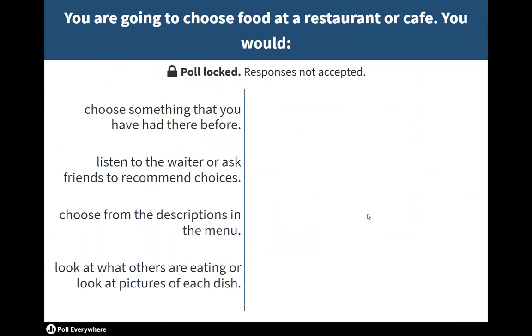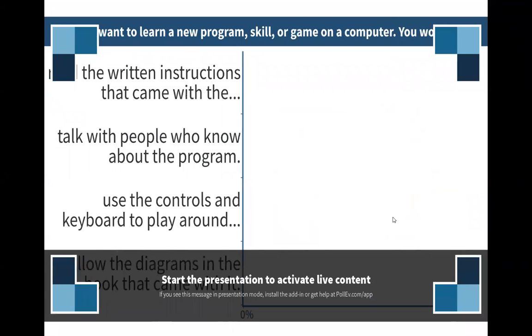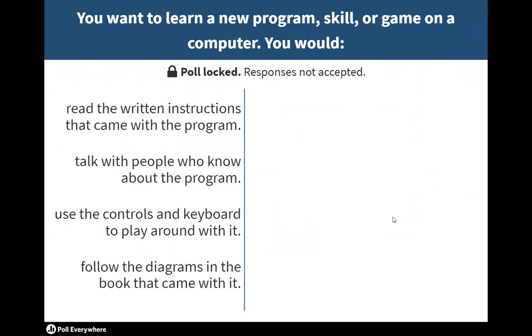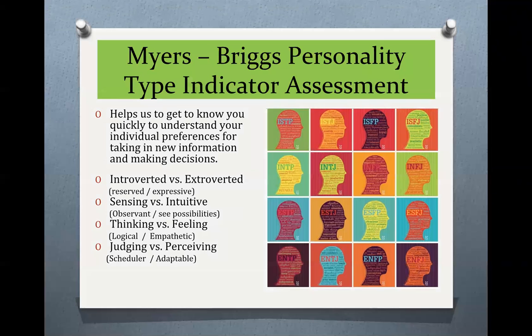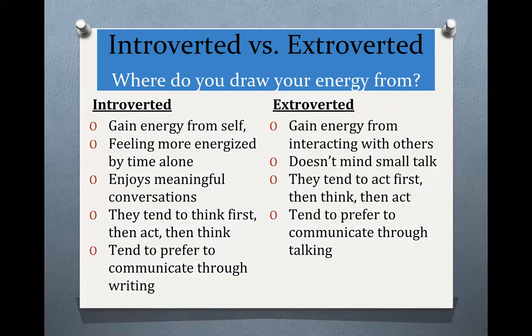I asked a question about the VARK, the learning preferences, and asked students a couple of questions to determine if they're a visual learner, oral learner, read and write, or kinesthetic. So a couple of questions there, and we discussed what each answer response would align best with. So you can kind of get a general idea. Then we go over the differences between the different modalities, and then we do the Myers-Briggs,